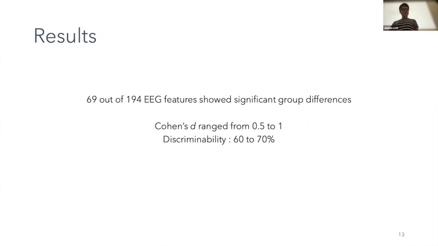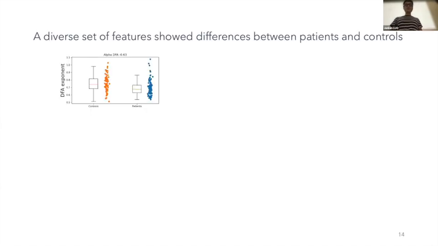So we found that 69 out of 194 EEG features showed significant group differences between patients and controls. And the effect sizes range from 0.5 to 1. So these are mid to large effect sizes, which correspond to discriminabilities of 60 to 70% between controls and patients. Just to illustrate, we found very different features, such as, for example, since we are in an oscillation symposium,